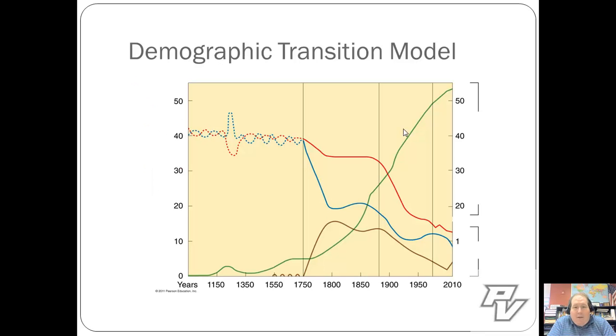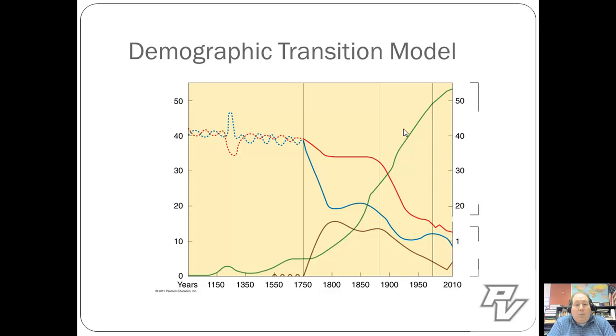The demographic transition model. You should have a notes page where we have already drawn out this entire model. I shouldn't have to go through this too extensively because we've spent about 3 or 4 class days on it. It is that important. It will be on the test, and it will be something that you will see again on the AP exam this May. Looking at this demographic transition model, let's just do a very quick run through.